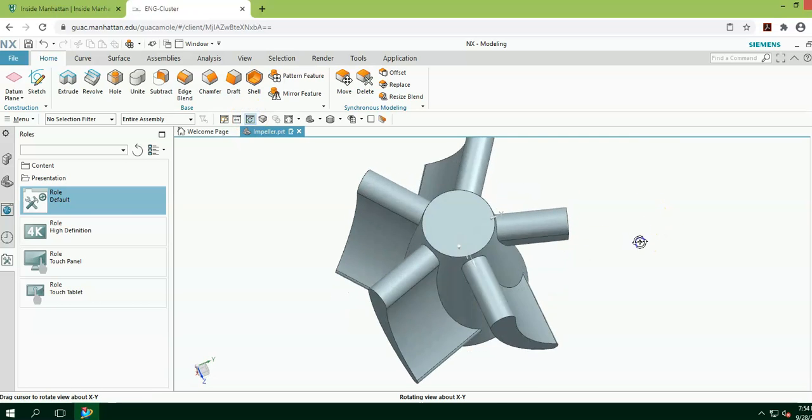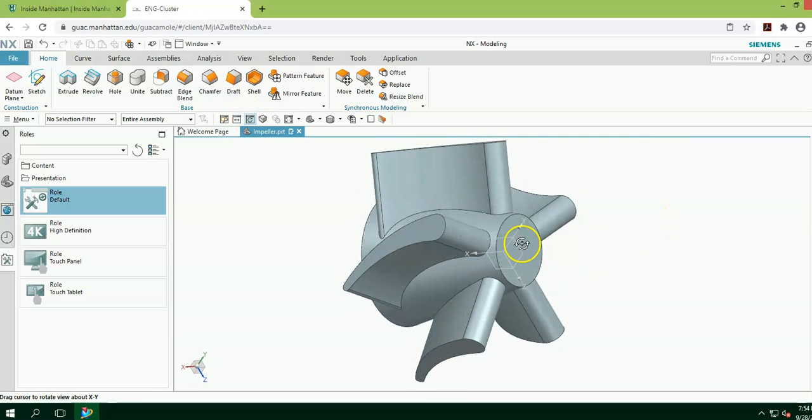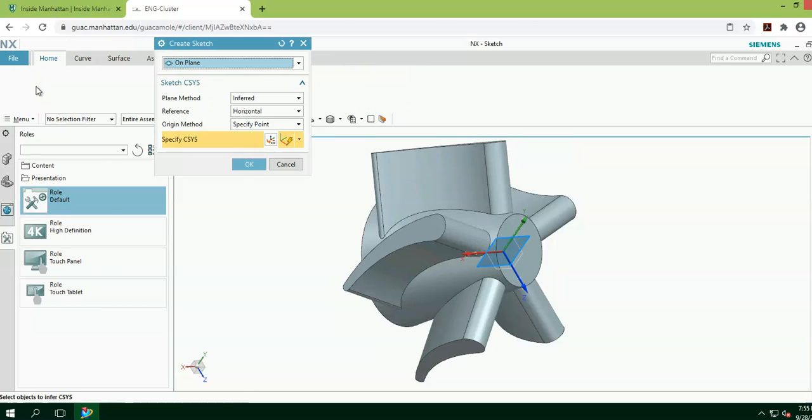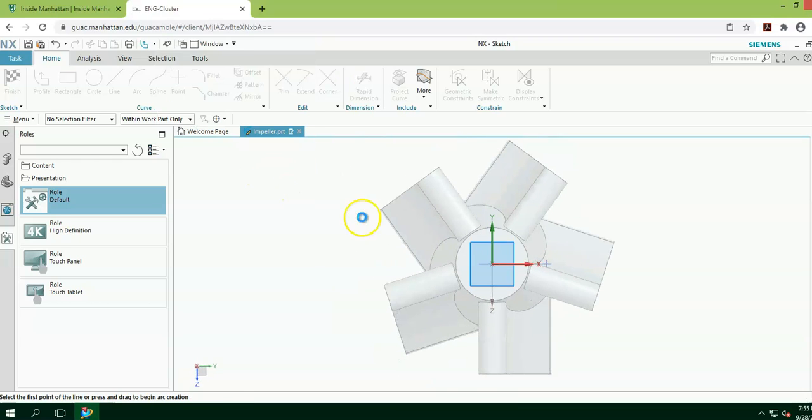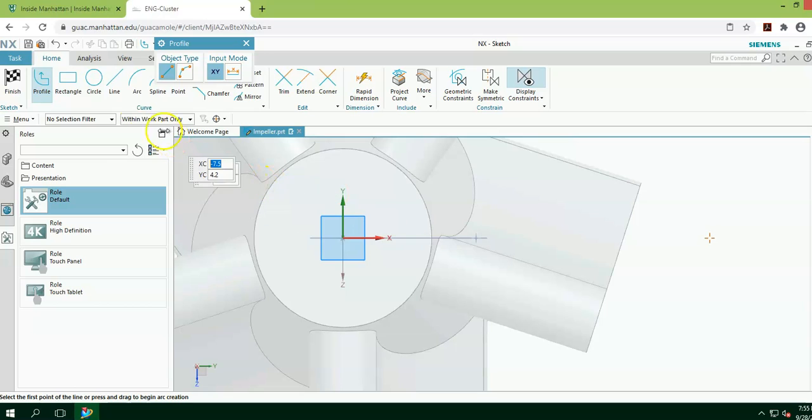Now I'm going to create a hole on this face. You can create using the hole feature here, or you can draw a circle and extrude it. So I would click on sketch, select this front face, click OK, click on circle from sketching tools, start from the origin, and the radius for this circle is 1, and the diameter is 1 inch. Click on finish,